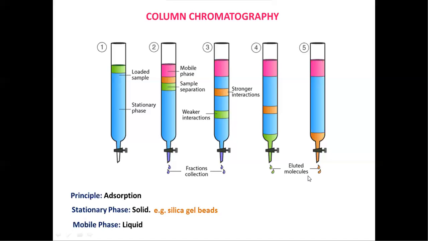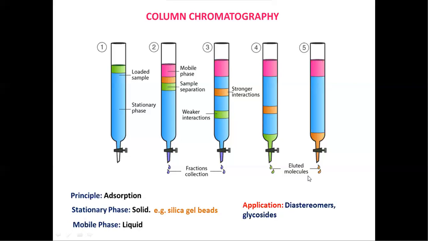So this silica gel is polar in nature. Why? Because silica gel has silanol groups. Due to the presence of silanol groups, silica gel gets polarity. So when we are using a polar stationary phase, we have to use a non-polar mobile phase. This is the main important condition we need to follow while we are performing chromatographic techniques. And the main principle here is adsorption. Why? Because the stationary phase is solid, so sample components will be adsorbed on the solid surface. So the principle is adsorption.